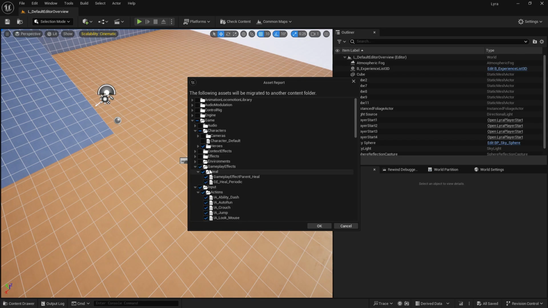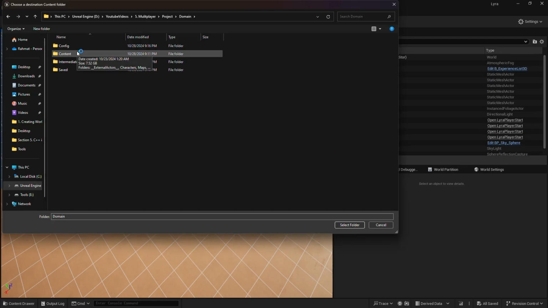Environment, we don't need environment. These gameplay, like input, we don't need. We don't need these as well. UI and weapons, we don't need any of that. We only need to select these heroes. So you select heroes and press OK, and then you need to come to the project, like our own project,